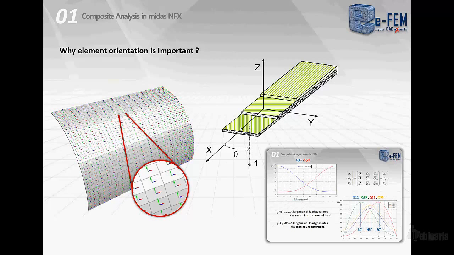In this way, the sudden change in the orientation will generate a sudden change of the stiffness matrix of the element, and of the stiffness matrix of the lamination and of the laminate. So it will lead to wrong results, but also to sudden changes in the stress and strain field of the model. So my remark is to pay attention and to remember always to define the material orientation in the finite element model in a proper way, in order to describe well how the material is applied and how the material is oriented locally.